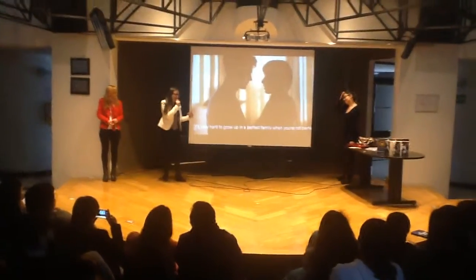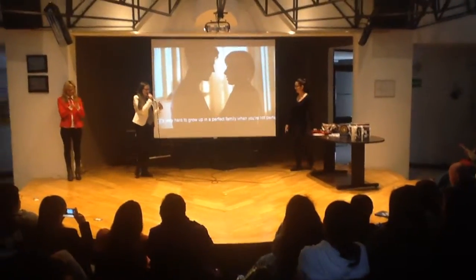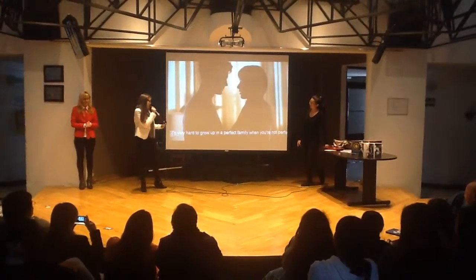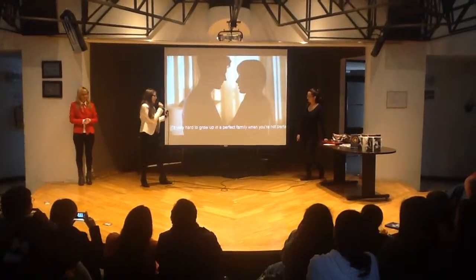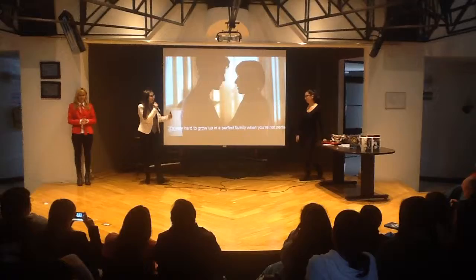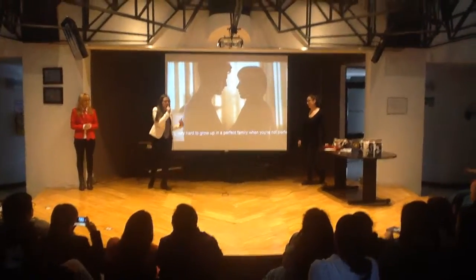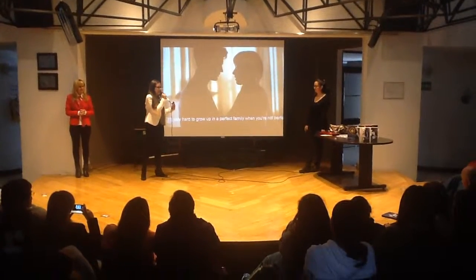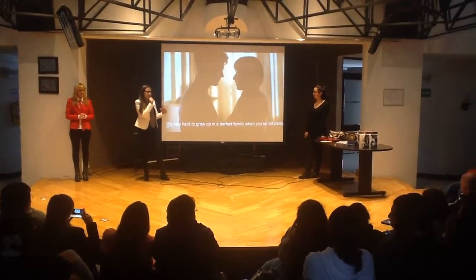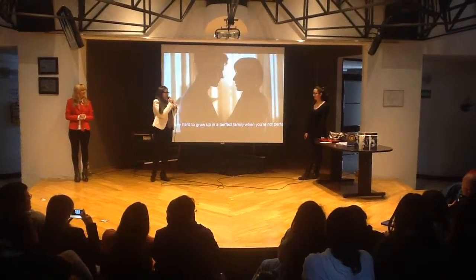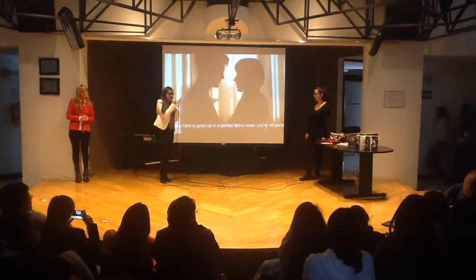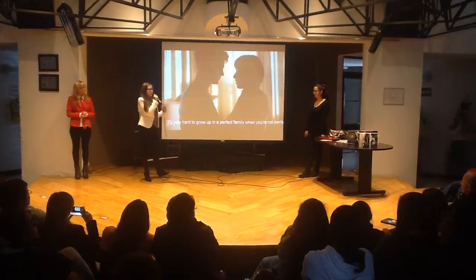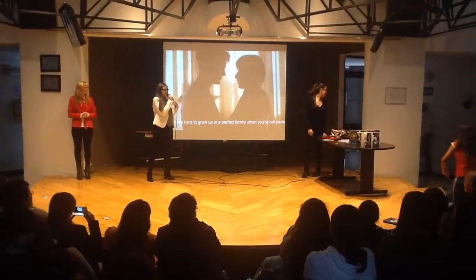So, he finally realizes that he's starting to feel something more for Anastasia. It's very hard to grow up in a perfect family when you're not perfect. That's one of the first steps that shows he's growing as a character by the side of Anastasia. And he becomes a better person for her, but he doesn't realize he is doing it for himself as well, because he wants to be better for her, so she doesn't go away.